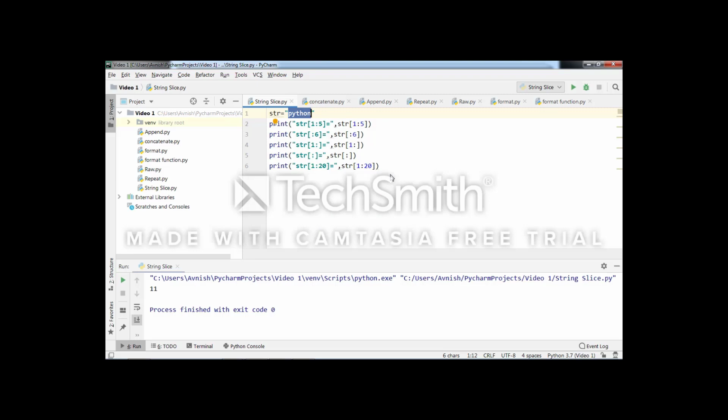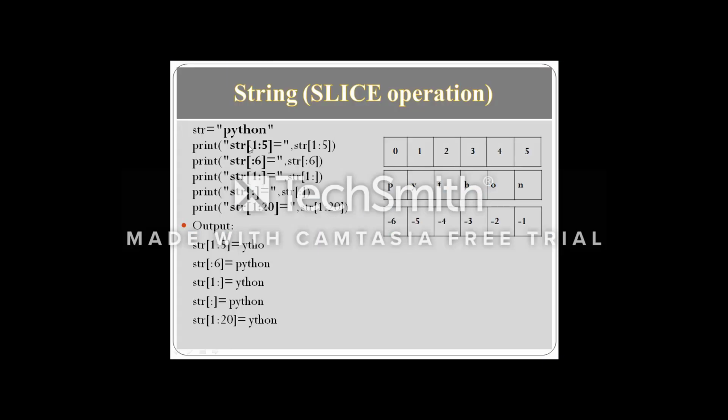Let's see this example on our console. See here, this is a print statement. We are accessing the indexing from index value 1 to 5. Now always remember that when we access values from 1 to 5, we would go from Y to N, but generally this last value we cannot access.